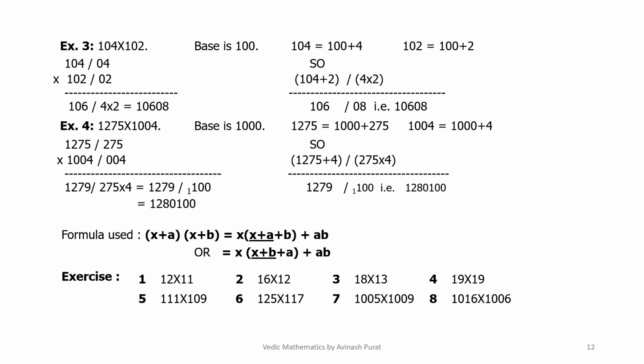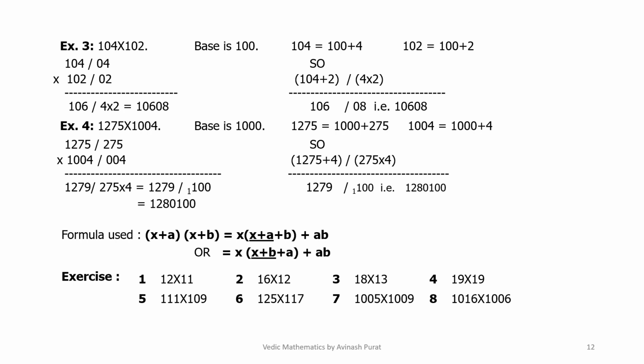Fourth example, 1275 into 1004. Base is 1000. So 1275 is 1275 stroke 275 multiplied by 1004 stroke 004, that is 1279 stroke 275 into 4 equals 1279 stroke 1100. Again 3 zeros in the base, so 3 figures on the right hand side, that is 100, and 1 is to be taken to the left. So the answer would be